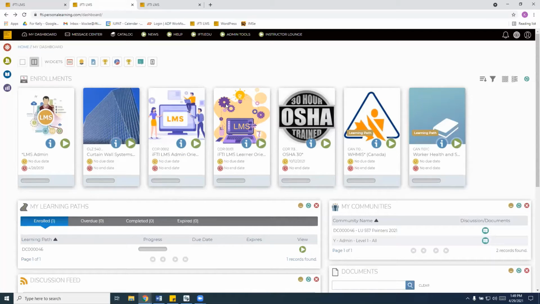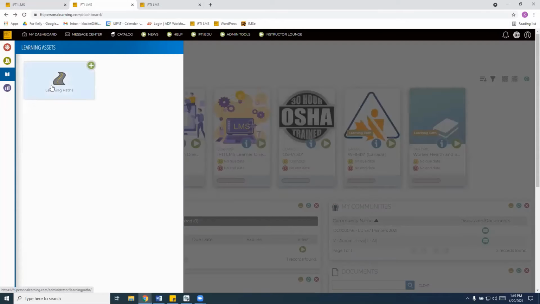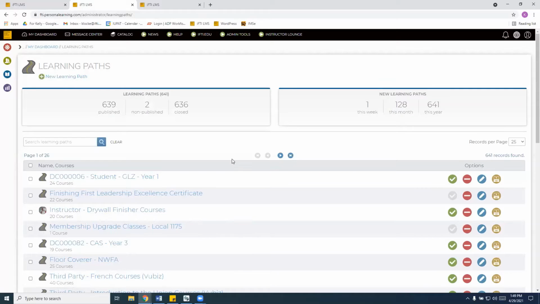Once an apprentice or a member is in the learning path, then they will receive all of the enrollments in that learning path. You can access the learning path by your admin menu here on Learning Assets, that's a blue book. Click on your learning paths. Here you will search for your learning path.